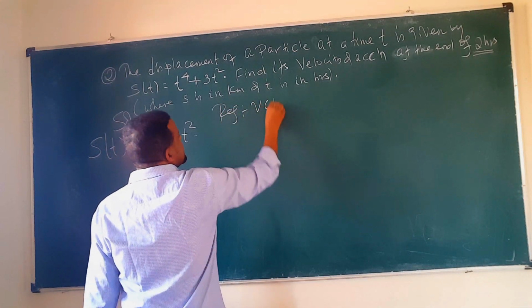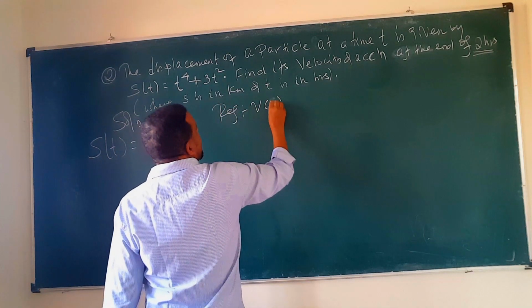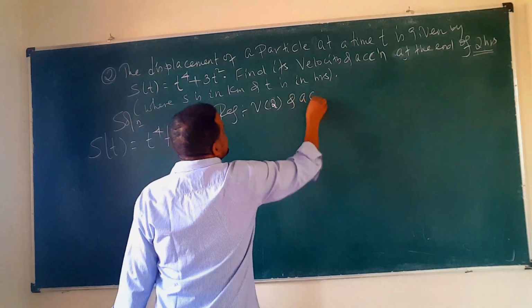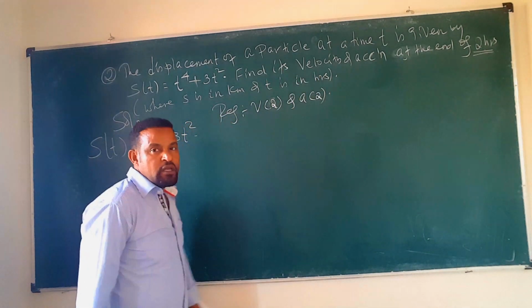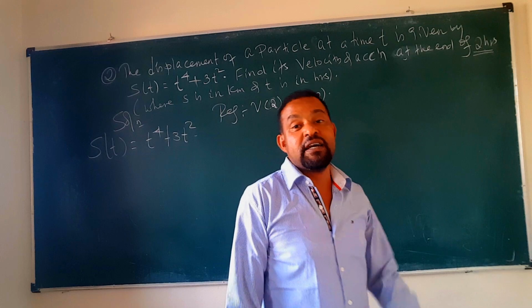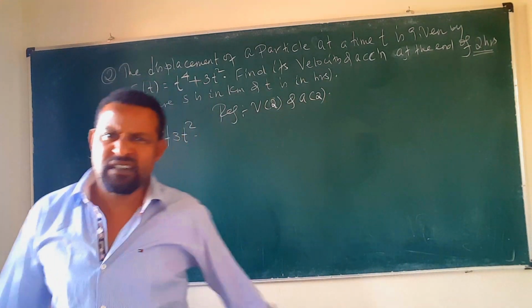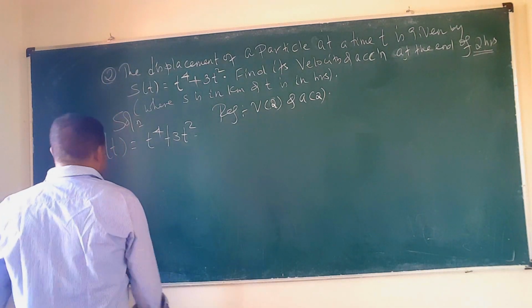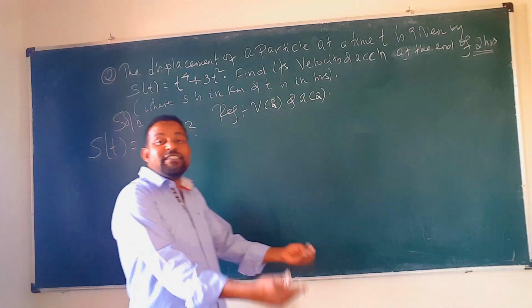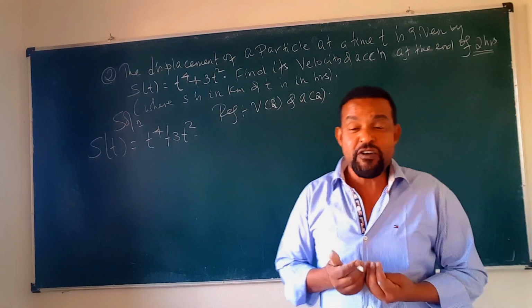So now look, what is required is the velocity at 2 hours and the acceleration at 2 hours. So the velocity of the particle at the end of 2 hours and the acceleration of the particle at the end of 2 hours. First let's find the velocity function and the acceleration function. Now displacement